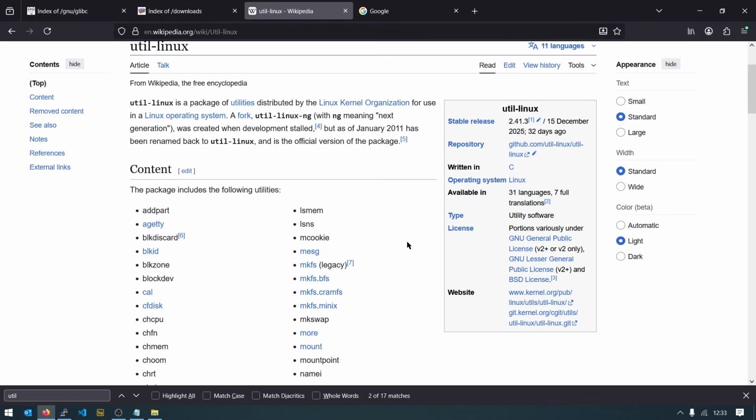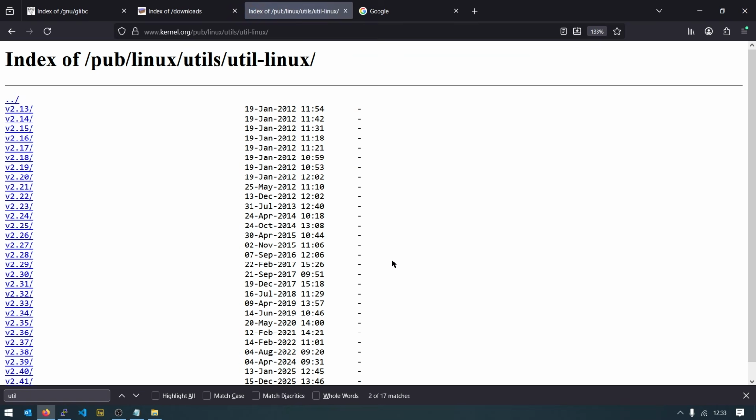And we can find it on the kernel.org page. So I think we can be pretty sure this is